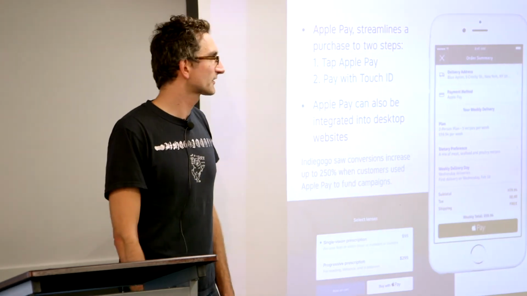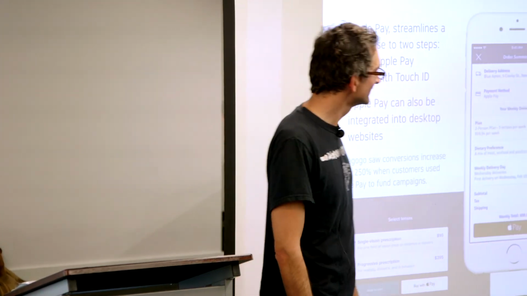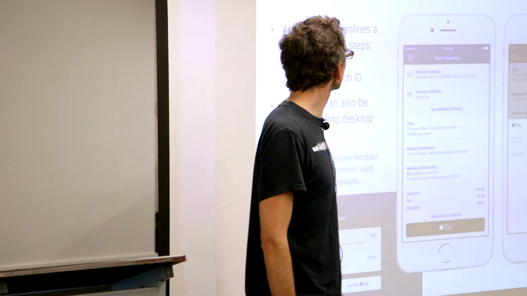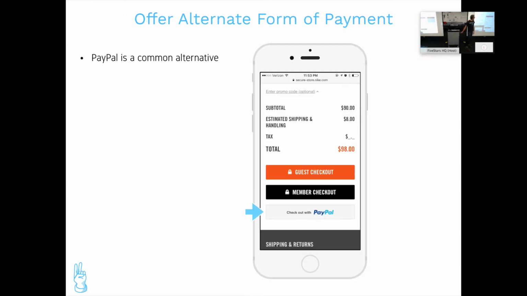Some new technology that's coming into play now is Apple Pay. I was thinking of Android, but Apple Pay. Apple Pay has been rolled out now, and it's slowly getting adoption. What's nice about Apple Pay is that in this example, you could have check out with credit card, PayPal, or Apple Pay. And the user would just tap Apple Pay,